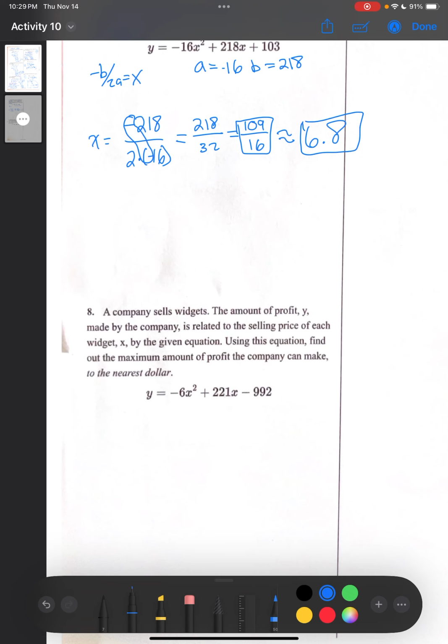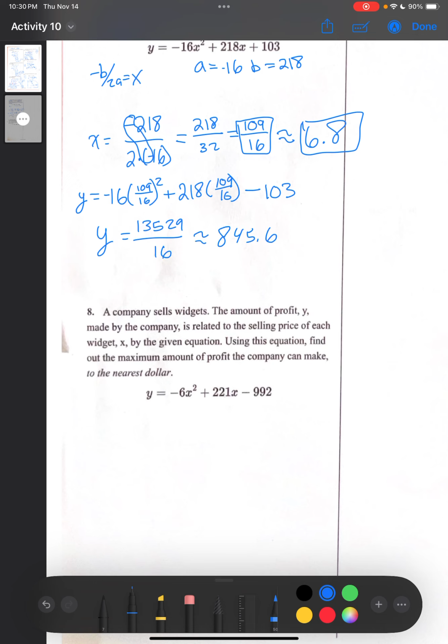But just for the continuity of the fraction, I'm going to show where we're going to add our input, right? Because we're trying to find our y. So we're going to do negative 16 times 109 over 16 squared. So wherever we see an x, we're going to add our input. We have 218 times 109 over 16 plus our 103. And through that, you're going to get this fraction, which is about